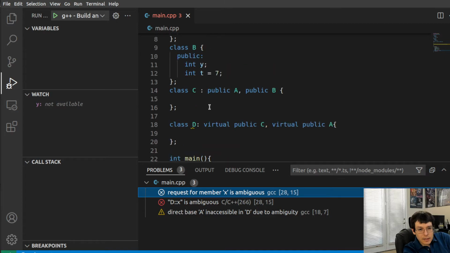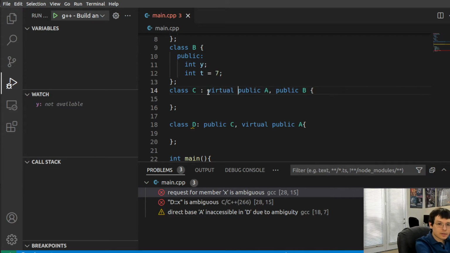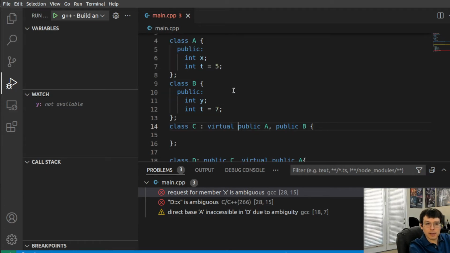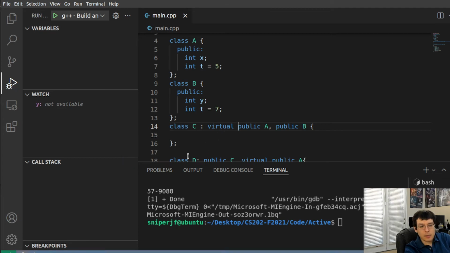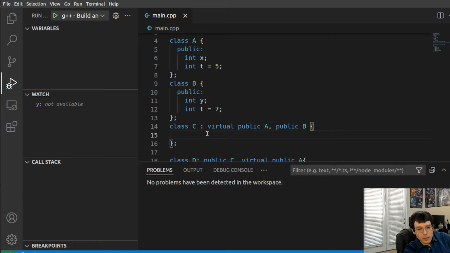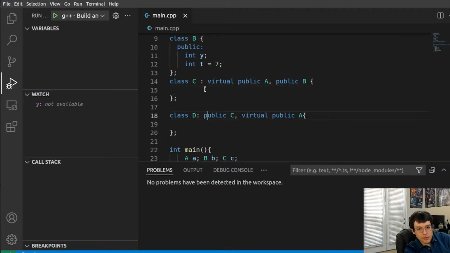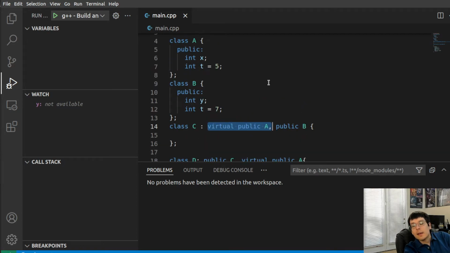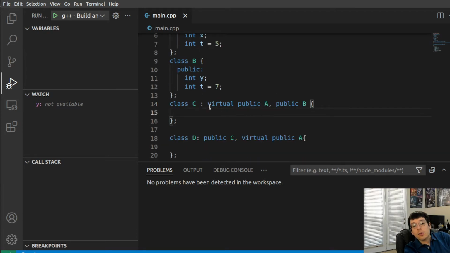Maybe I have to do it at the level A. No, this one works fine. So yeah, if I go in and add the word virtual when I'm doing my first inheritance here,